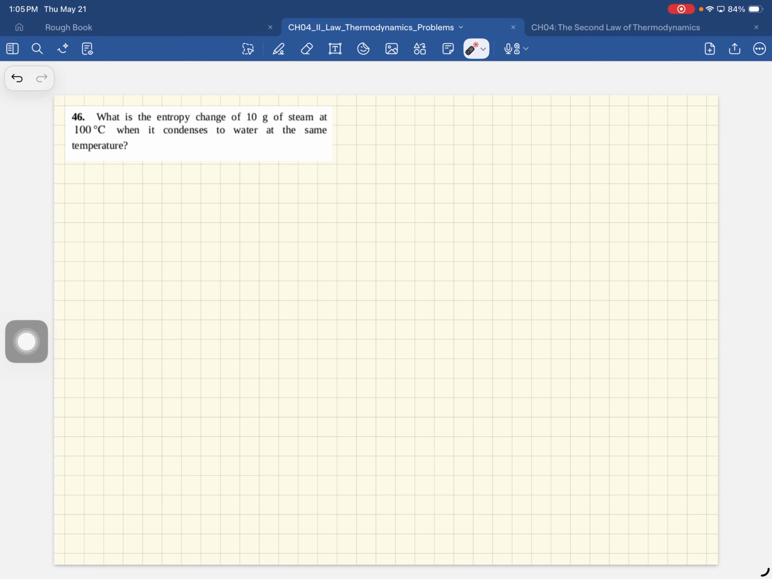50 grams of water at 20 degrees Celsius is heated until it becomes vapor at 100 degrees Celsius. So you're heating the water and then vaporizing the water. Calculate the change in entropy of the water in this process. Okay, so change in entropy is